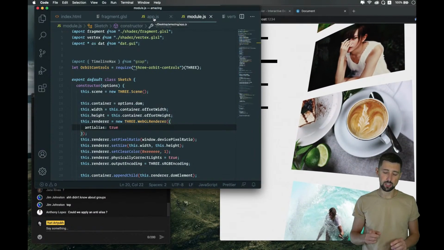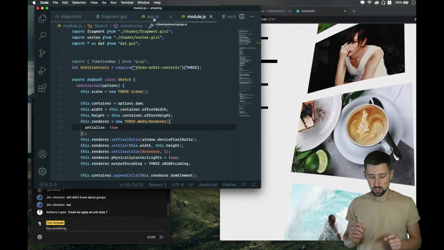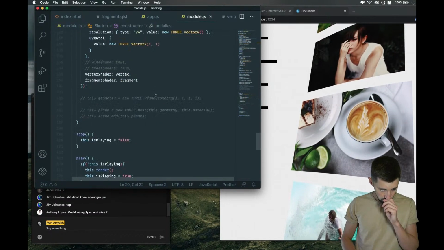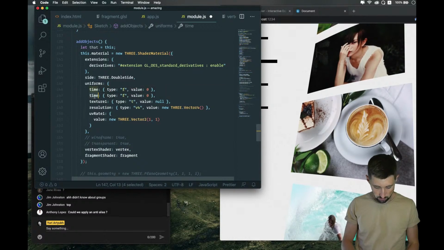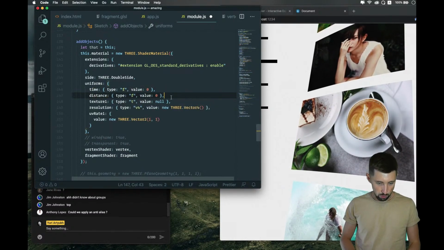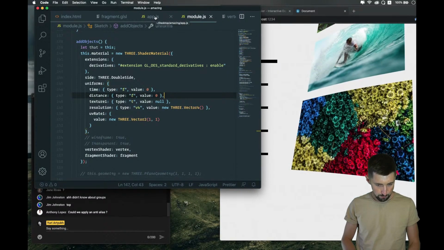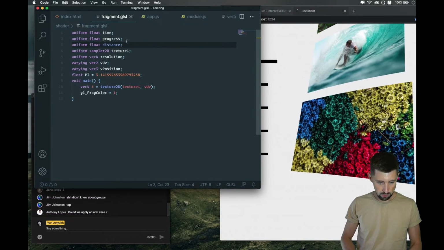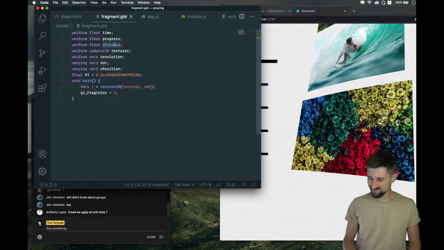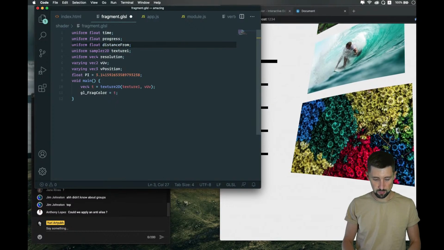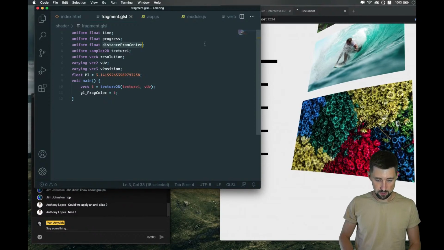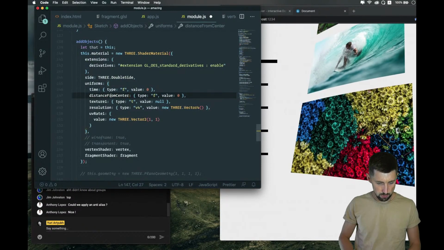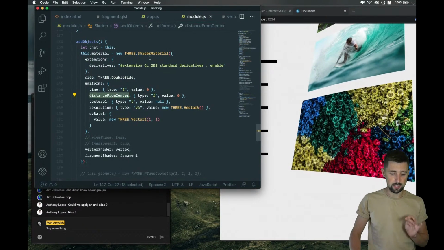No, we don't actually need to add the scale because once we do the distance, it's gonna be much better. So I need to go to the uniforms and I need to create this distance, which is gonna be float and 0 by default, and then inside fragment shader, I'm gonna use this distance. This is probably the wrong name. It's better not to use built-in names. It's going to be distance from center, and then I would need to update this distance